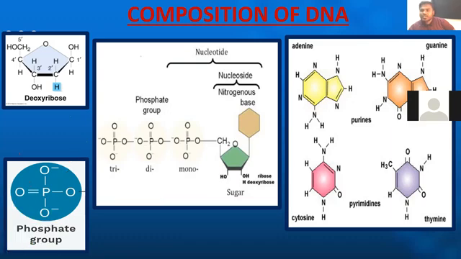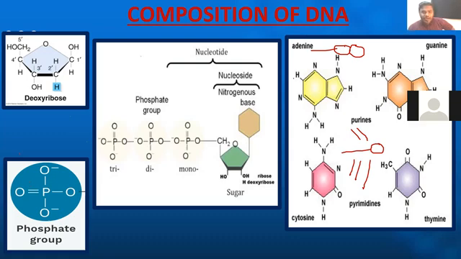What else should the DNA consist of? My friends, the most important one, the DNA should consist of bases. You all know very well, we will read in the chemistry part. There are 2 types of bases. We can call them purines and pyrimidines. Always remember, friends, purines are the bicyclic ring. Sometimes in the exams they will say like this, bicyclic. And pyrimidines are monocyclic, single ring like this. Now, friends, adenine always pairs with thymine with 2 hydrogen bonds. Guanine pairs with cytosine with 3 hydrogen bonds. Okay, that we commonly know.